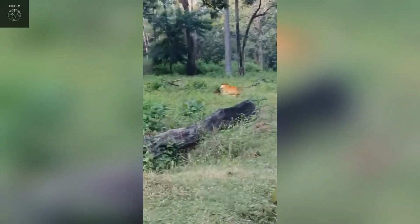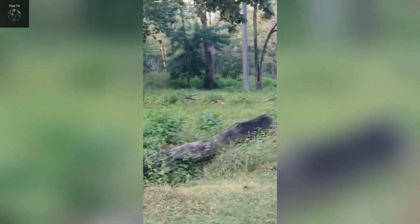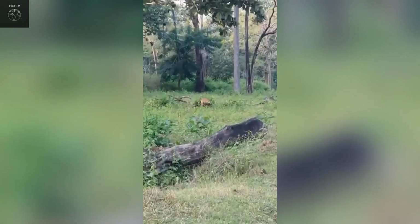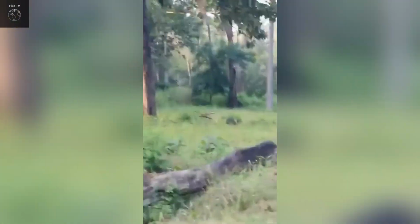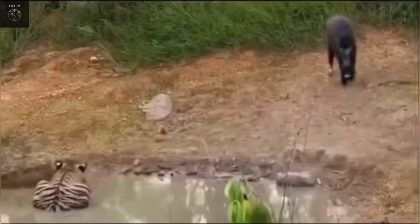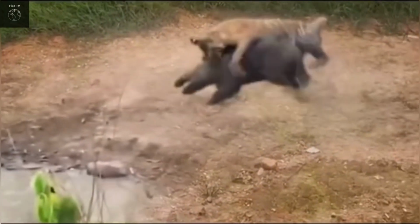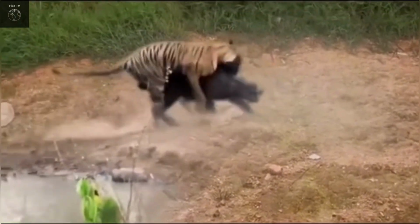Current estimates suggest there are about 3,900 wild tigers, a slight increase from past decades due to conservation efforts. Approximately 8,000 tigers live in captivity worldwide, including in zoos and breeding facilities. Though captive tigers face issues related to animal welfare and genetic conservation, tigers face numerous threats including habitat loss due